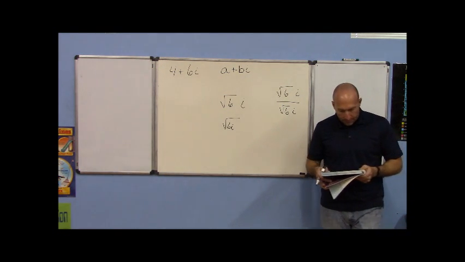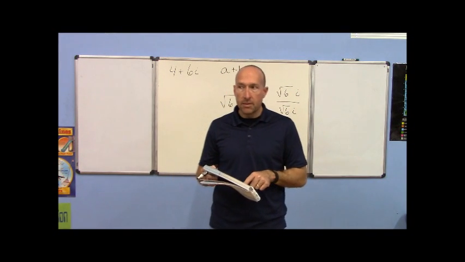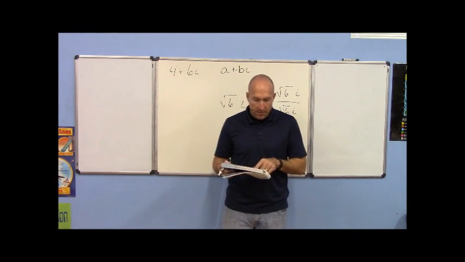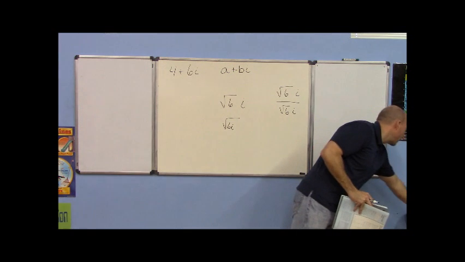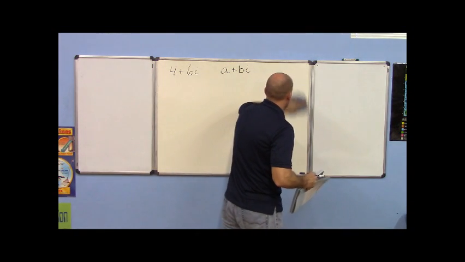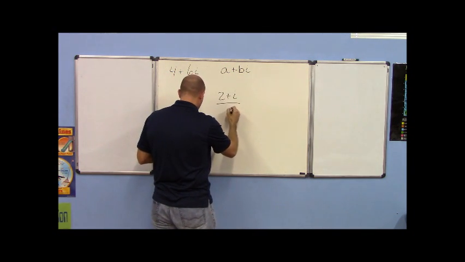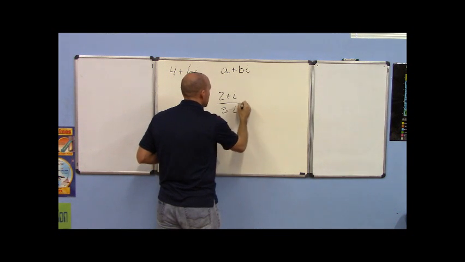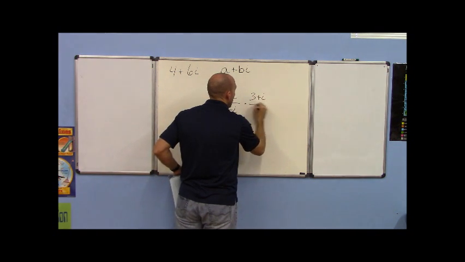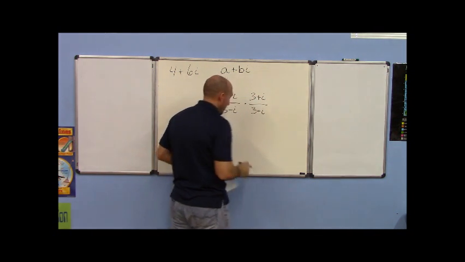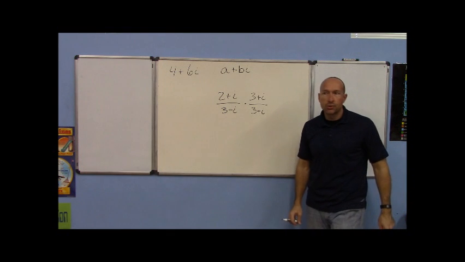On example number 3, I'm just simply going to point out that their form of 1 that they multiplied is 3 plus I over 3 plus I. All right, you have a binomial at the bottom. So you have 2 plus I divided by 3 minus I. And we're going to multiply this times 3 plus I over 3 plus I. Now I will give somebody an extra